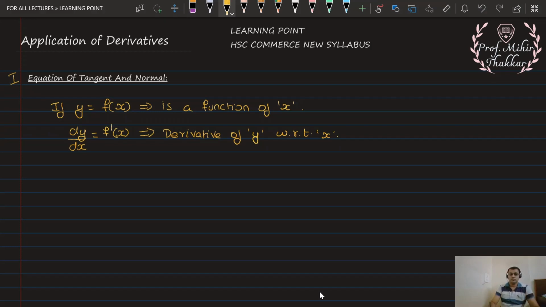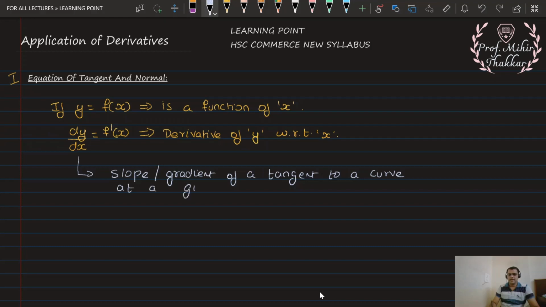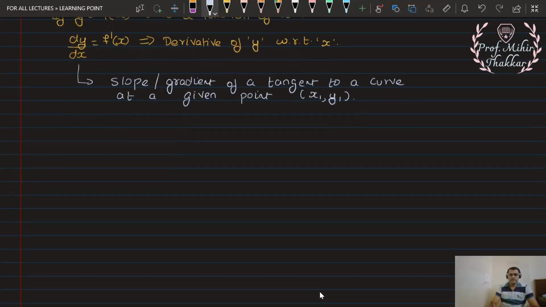Now here we have to know one more interpretation for dy by dx, which says it is the slope or gradient of a tangent to a curve at a given point x1 and y1. So suppose I consider